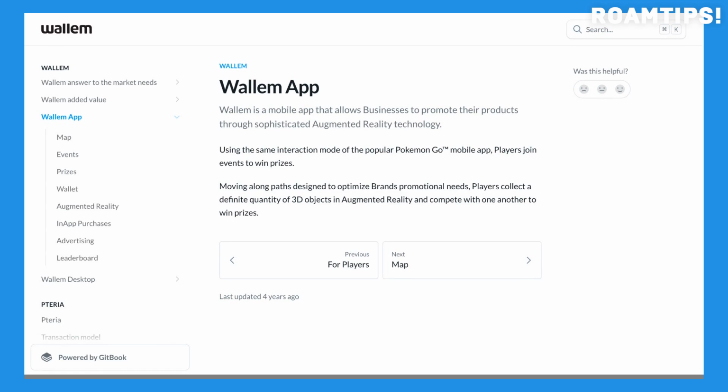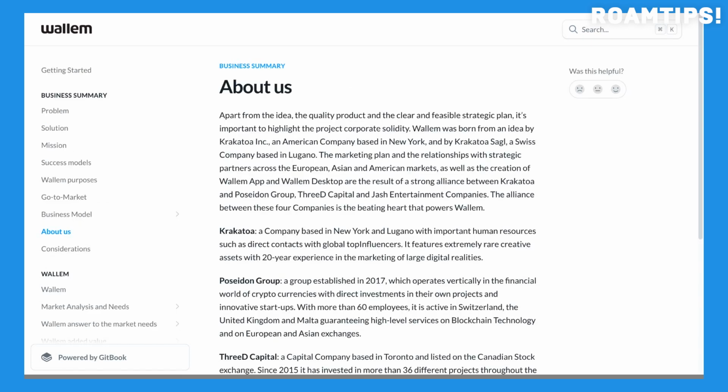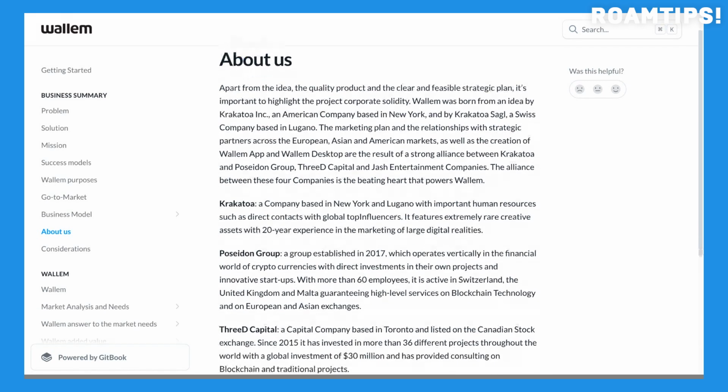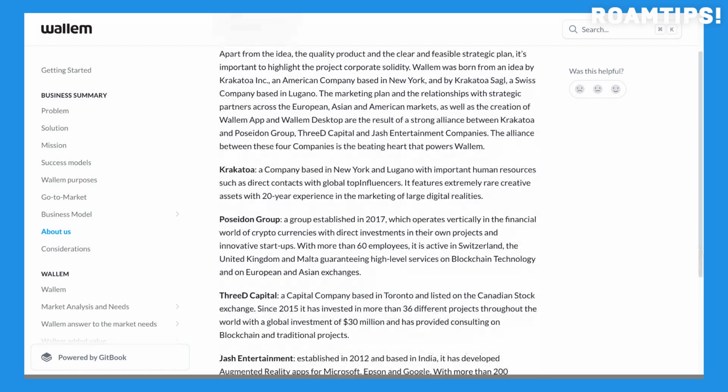This is particularly beneficial for those who use Roam for daily journaling, planning, and task tracking. The app presents this information in a clear and concise manner, making it easy to stay organized and on top of your daily agenda. Beyond basic note-taking, Wallem also facilitates more advanced Roam features like creating and navigating nested pages and blocks. This allows you to maintain the hierarchical structure and interconnectedness that makes Roam so powerful, even when working